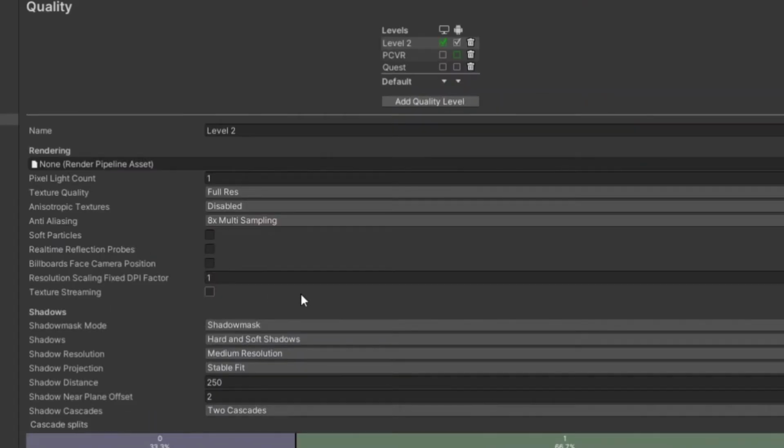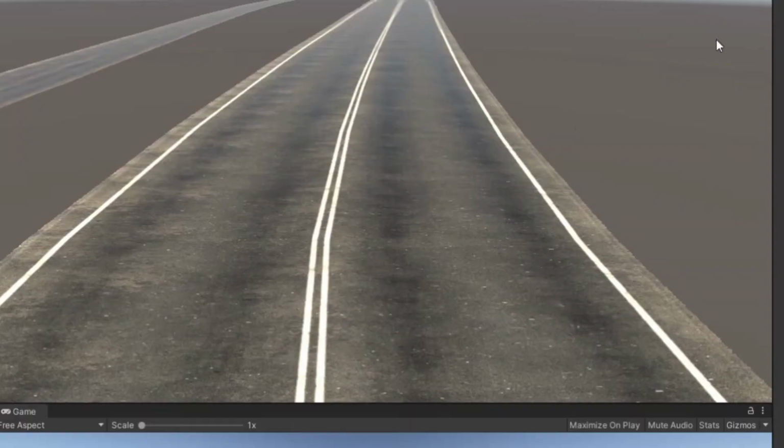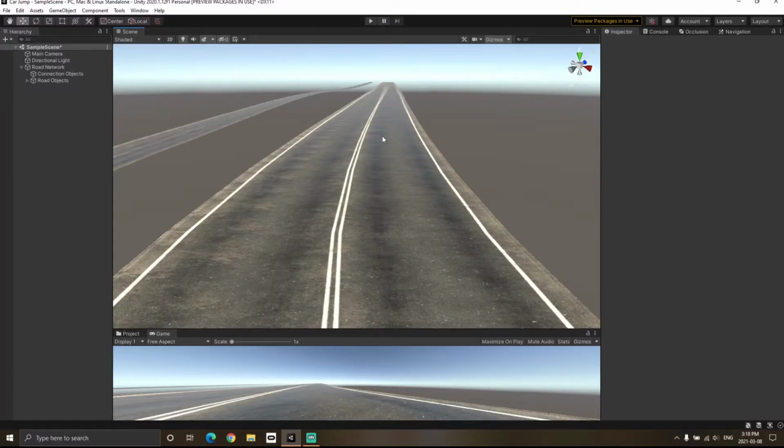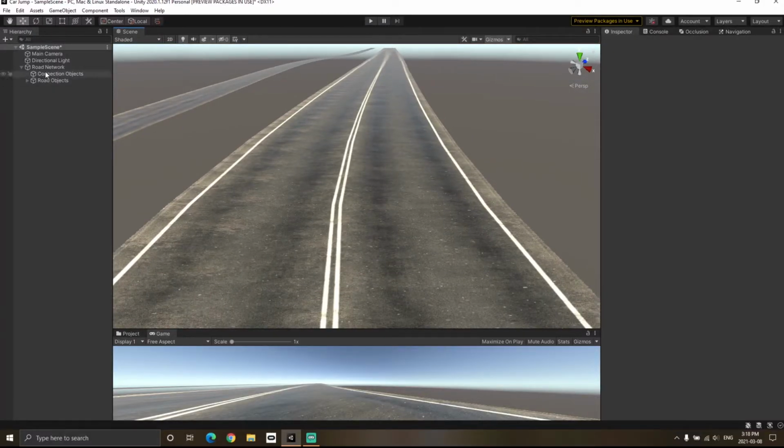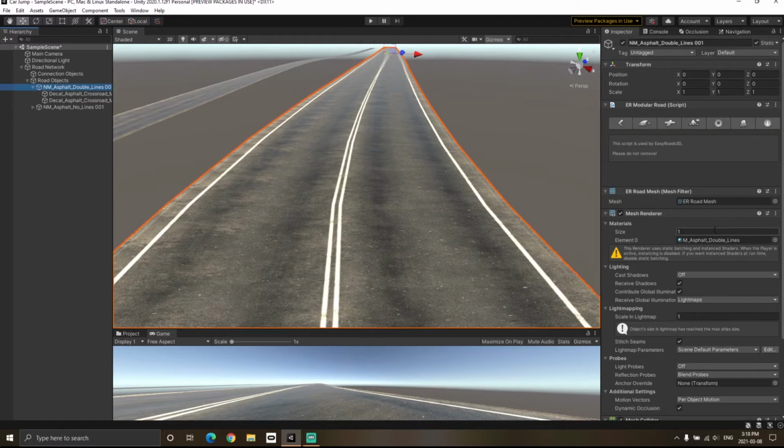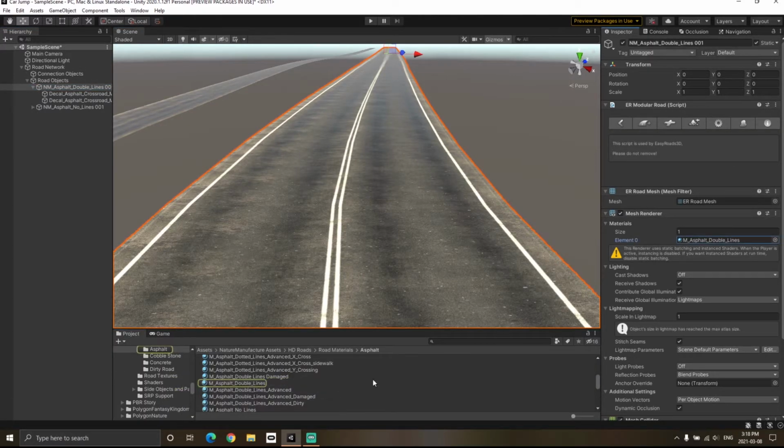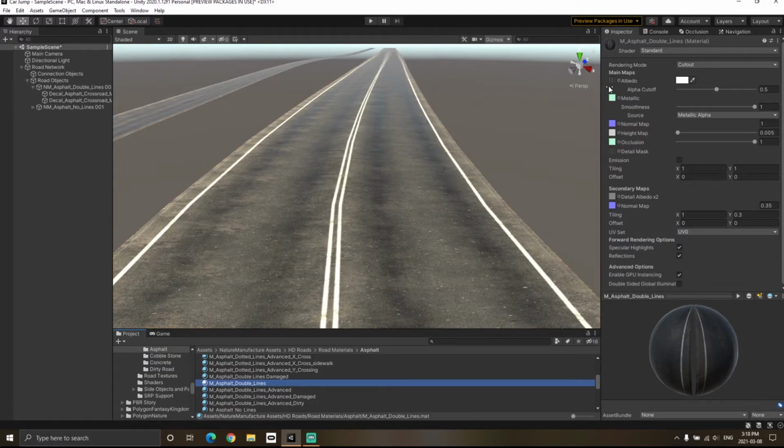The other two options are per texture and forced on. So per texture means that anisotropic filtering will be enabled on the basis of textures. So I will show you what this means. If I set it to per texture and take a look here, you can see my road is still very clear. So if I select my road and go to materials, and if I look at my albedo